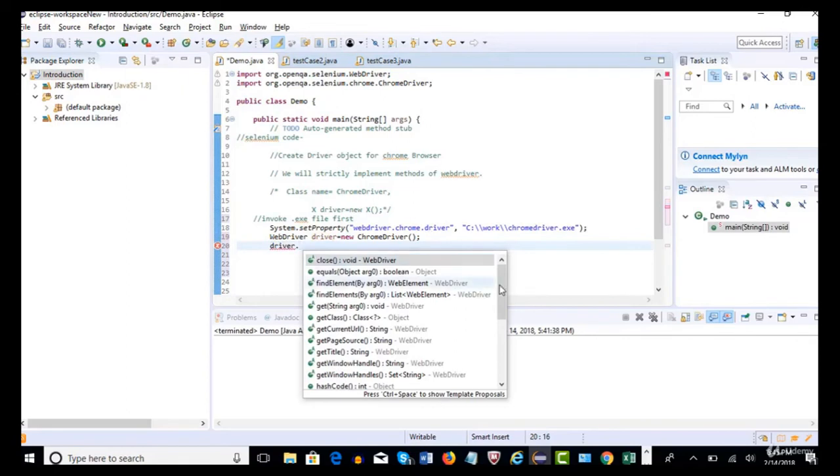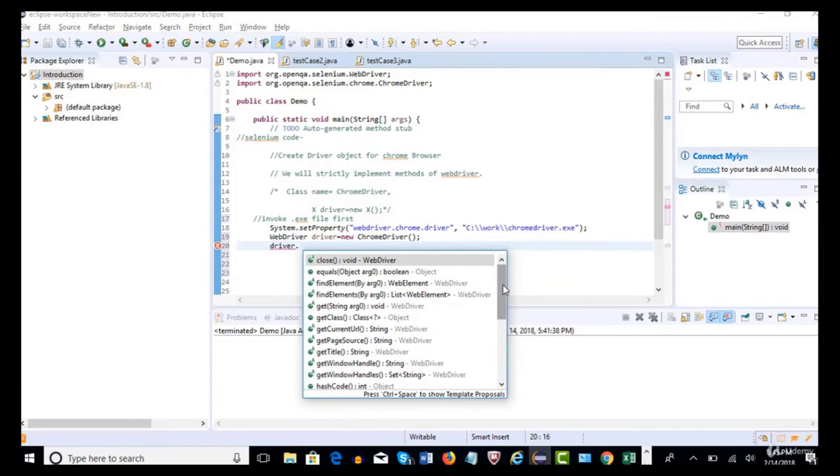You will get all the methods which WebDriver supports. From these, you just select the right method and execute it. You need not memorize or remember them. If you use tools like Eclipse, they provide you everything when you just click on dot. This is how Eclipse IntelliSense works.